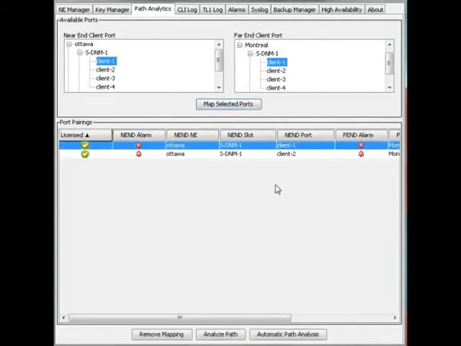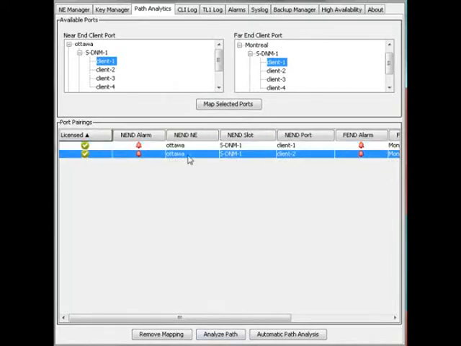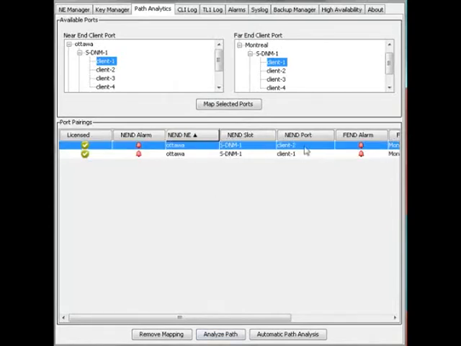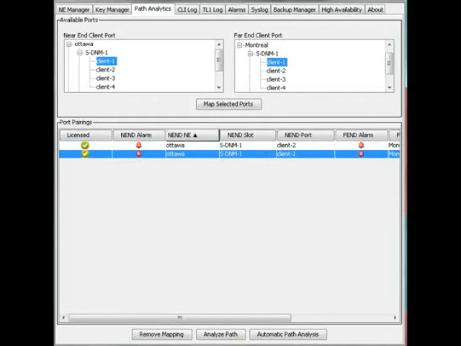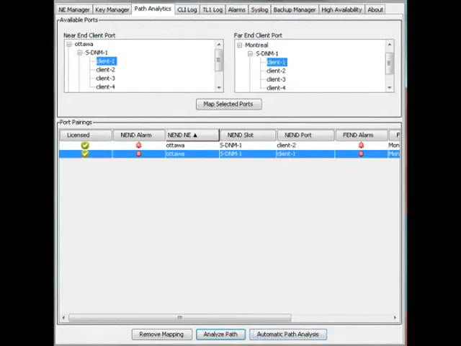So we can go ahead and automate the process of connecting more than one port and creating circuit pairs. So we've got our two circuits here. And we now have the option of doing a manual path analysis or an automatic. And we'll go ahead and start with the manual path assignment capabilities. So we select our circuit, we click on the Analyze Path button, and we now have a list of statistics across the top,